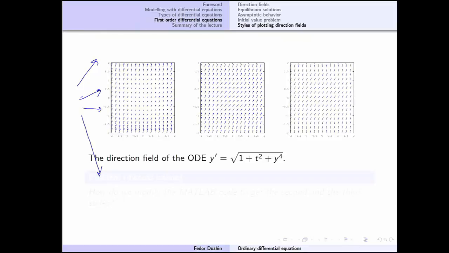It means that vectors that are very steep seem longer, and vectors that are not so steep seem shorter. Right? So that's one way to visualize a differential equation, but more often than not, it's not the best way. For instance,